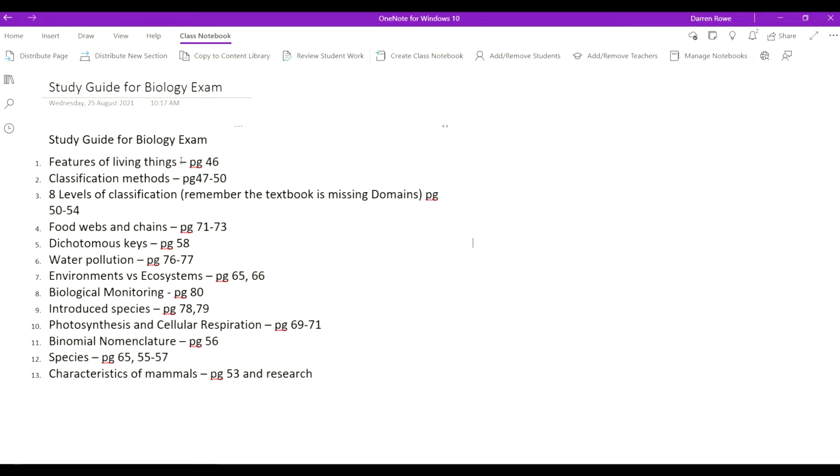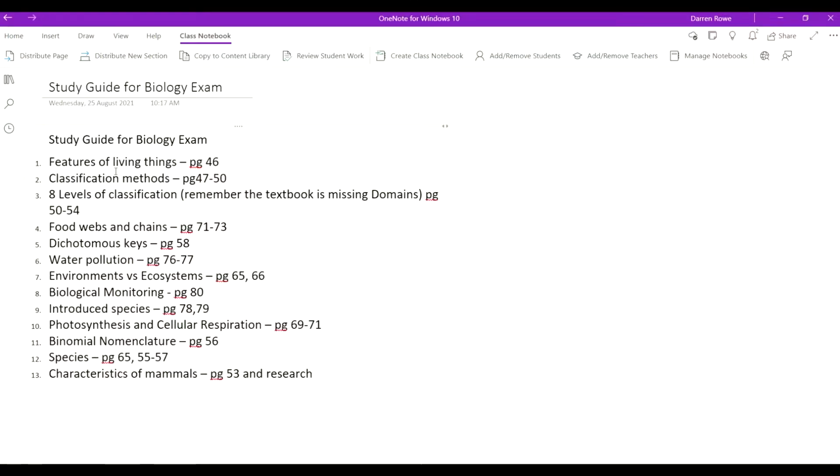All right, so study for the biology exam. We're just going to go through the main things you need to know for this year. I don't have the actual test in front of me, so I'm not just picking out the stuff that I think is the most important for the test. But we're just going to have a quick skim through these things. It might help you, it might not. We'll see how we go. All right, so